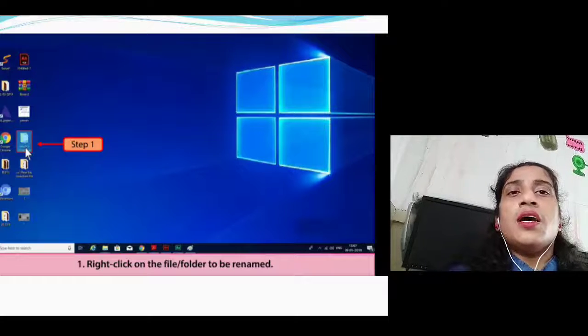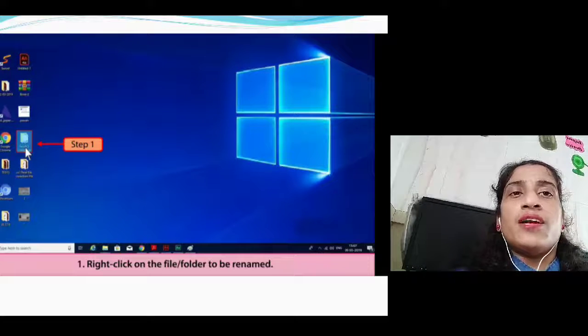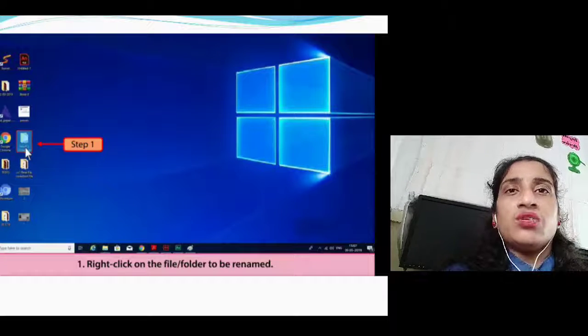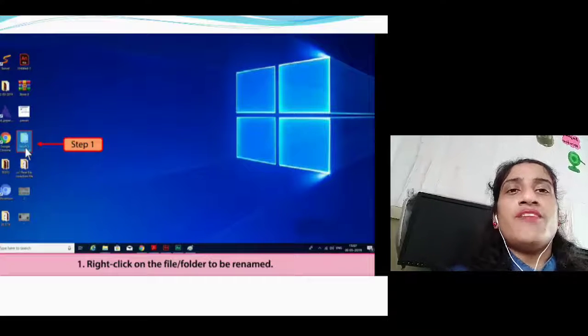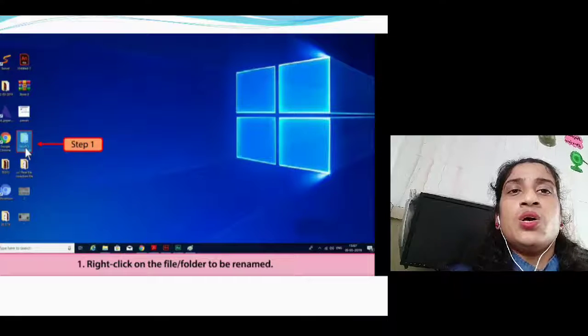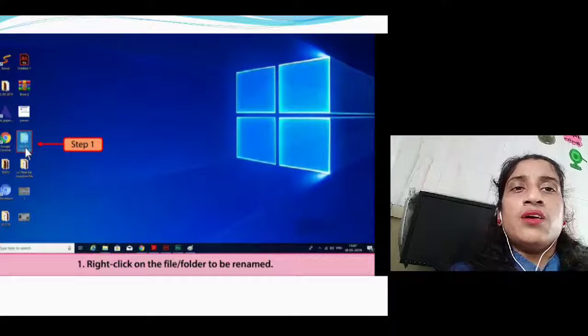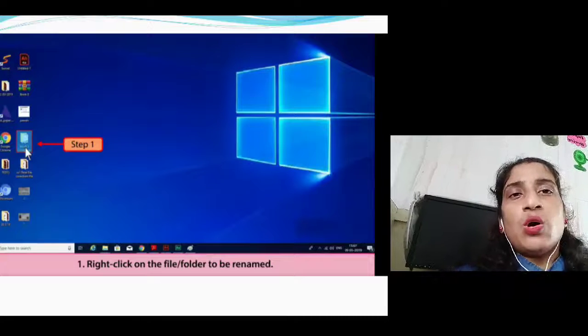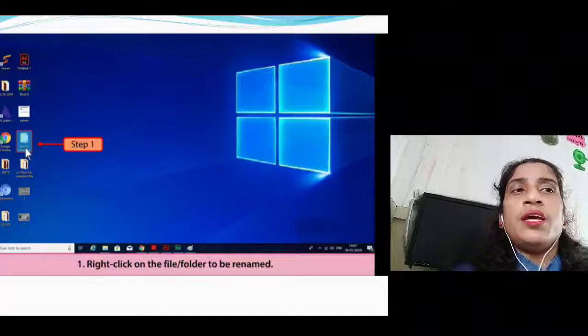I repeat, right click on the file or folder to be renamed. On your screen you have to see the file or folder, and right click on the one which you want to rename.